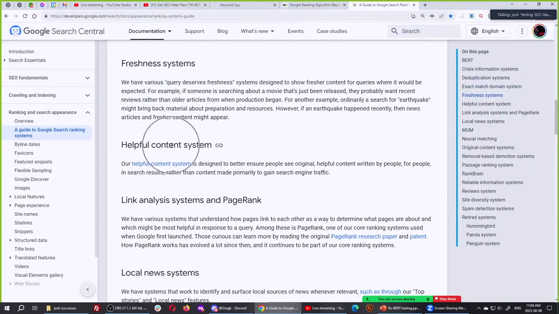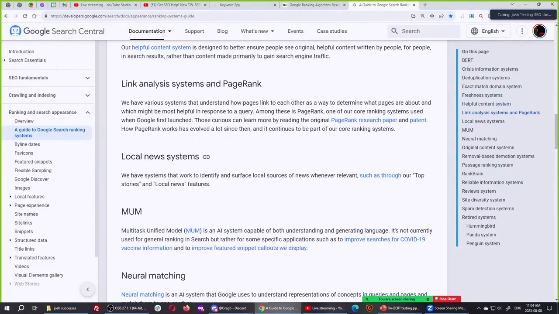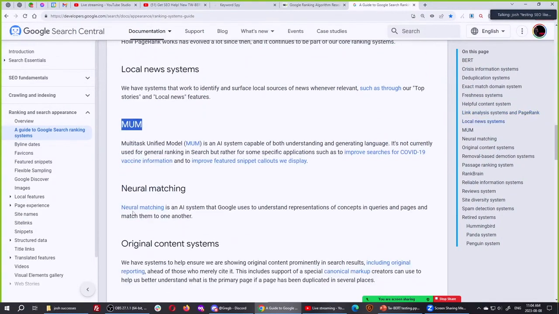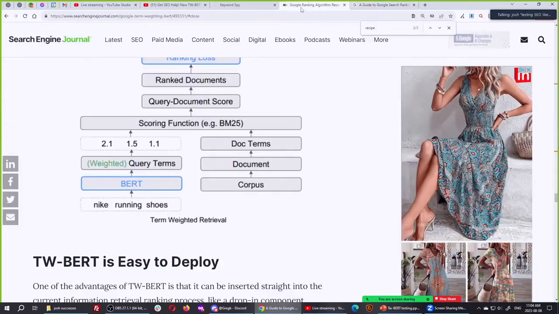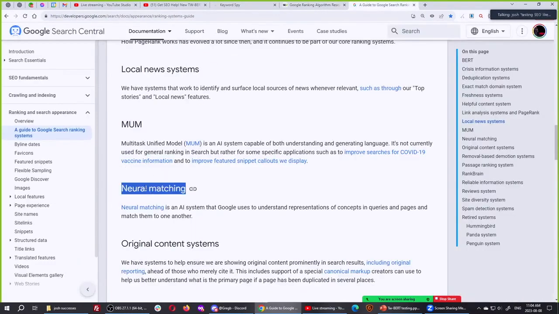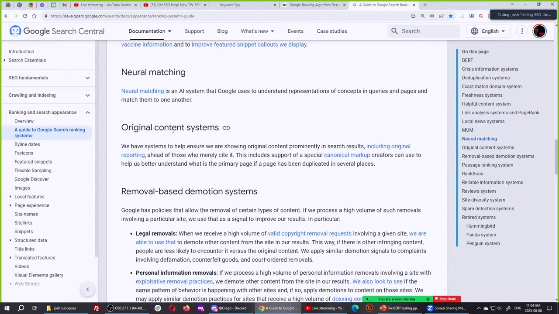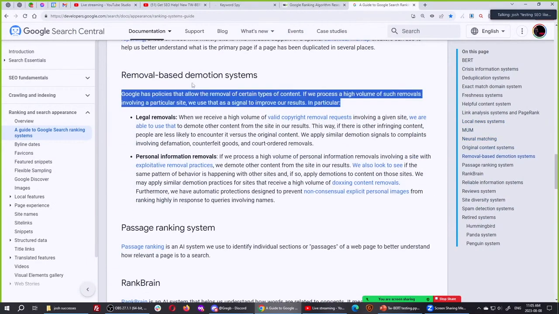Helpful content is a ranking system. It's not just a recommendation. There's an actual AI doing a ranking for this. Link analysis and PageRank. Okay, obviously, we knew that for the last 23 years. News. They're also using MUM, which is a multitask unified model, which can read podcasts and videos and other kinds of files and transfer them to text and vice versa. They're using neural matching. This is a ranking system that scores pages here and gives them a score. Did you know that? Does anybody in any other tool say this? No. They use original content systems, removal-based demotion systems,